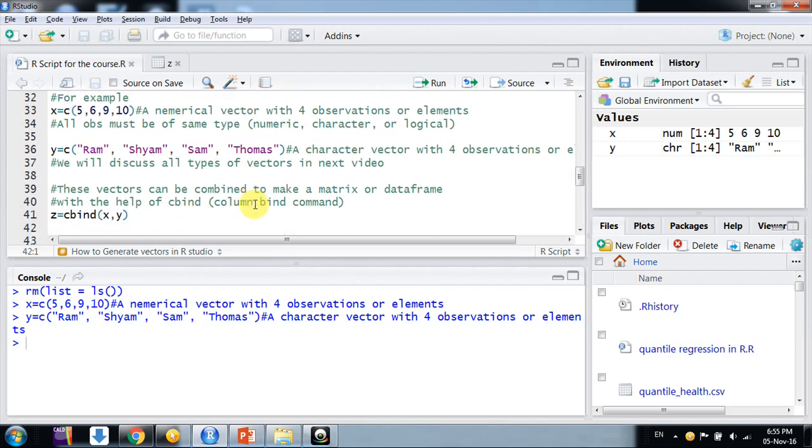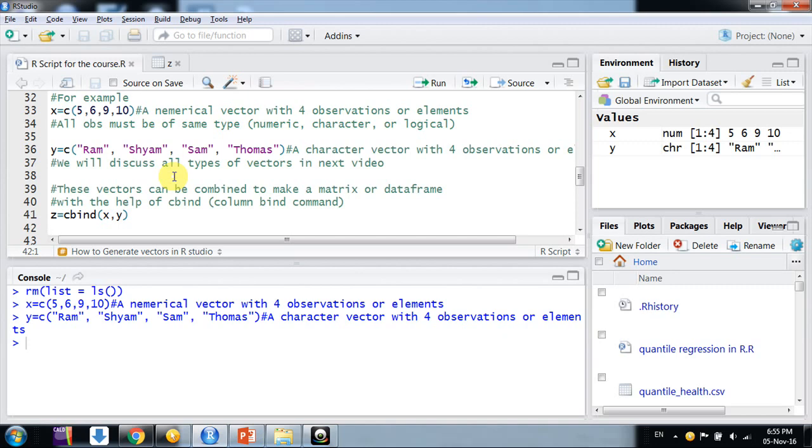Now, why do we create vectors? What is the benefit of vectors? One thing, friends, I want to mention here, all the data we have in finance, economics, and any other subject, all are in terms of vectors. All the variables are like a vector. Every column of a matrix is a vector. Every column of a data frame is a vector. So a vector is the simplest object of R.